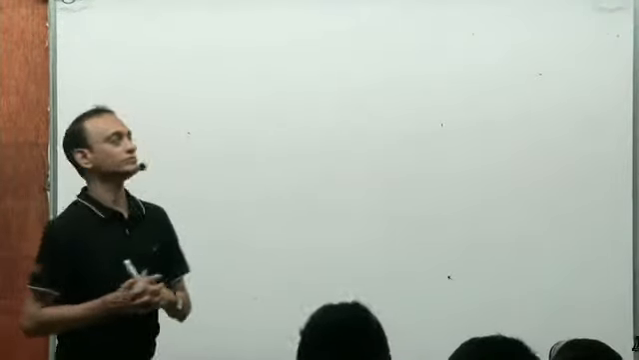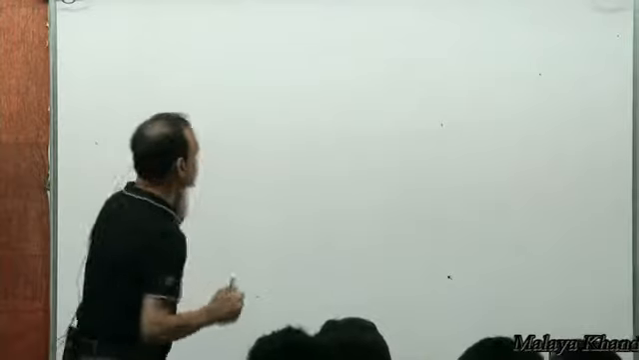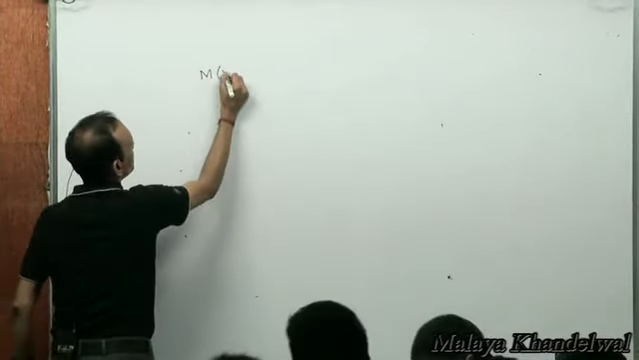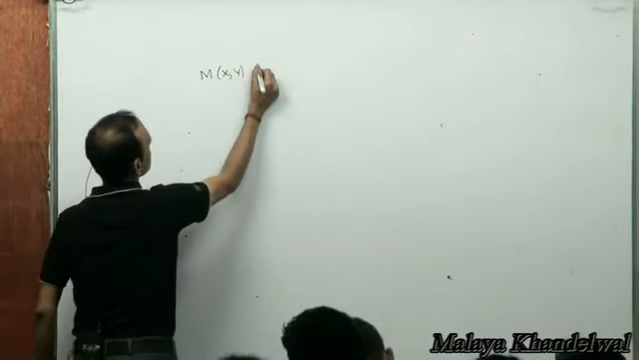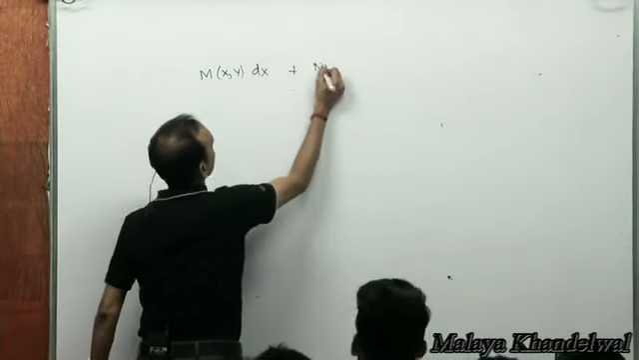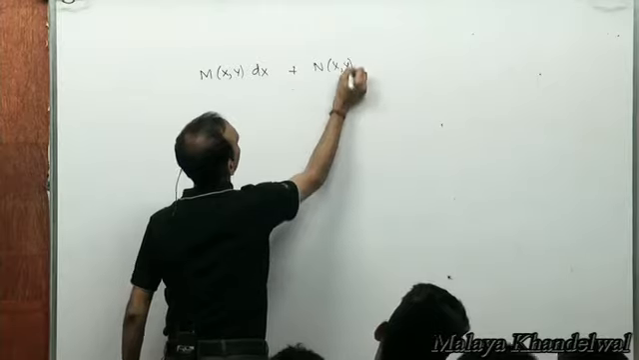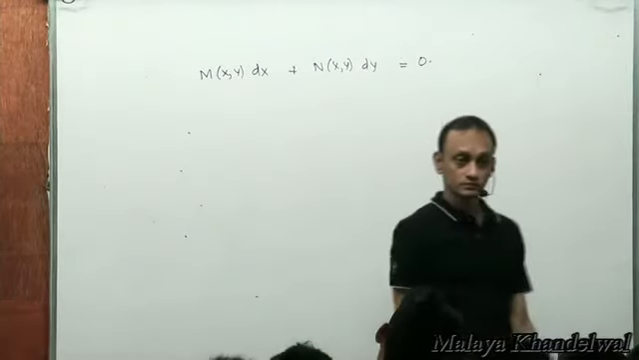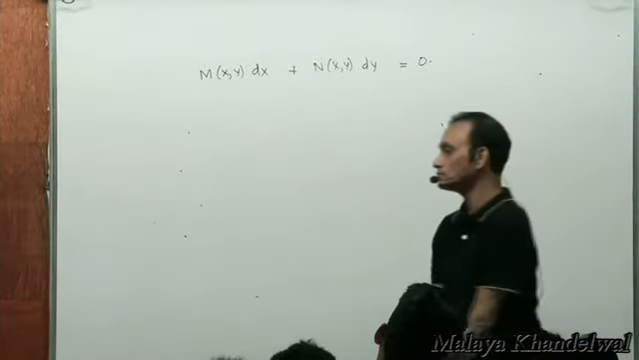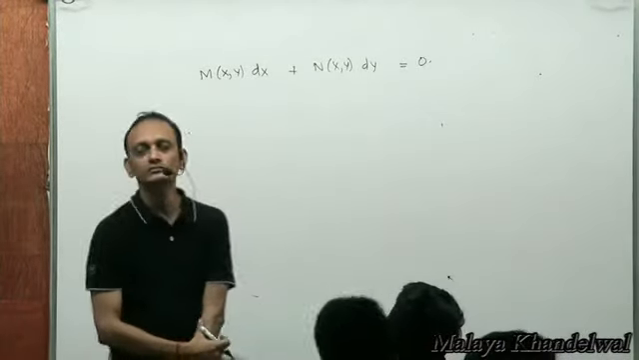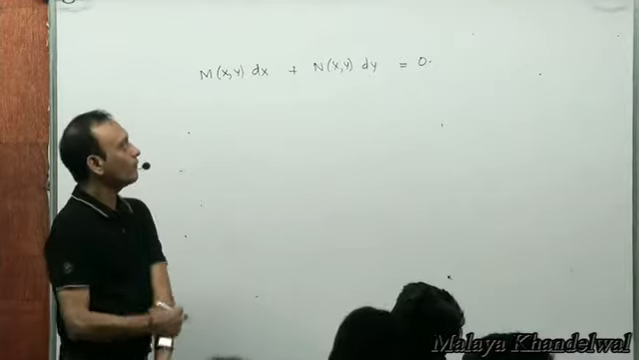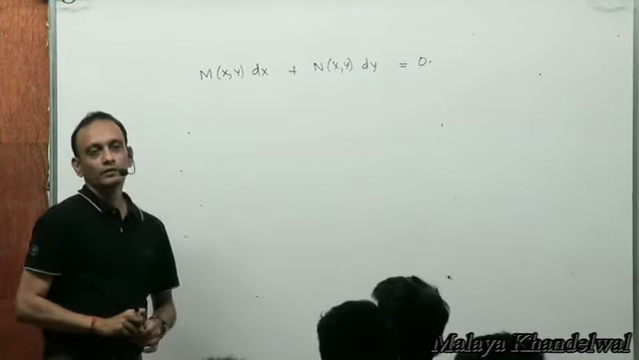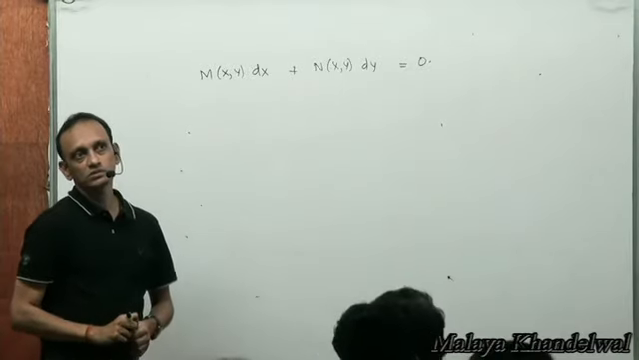Another form of differential equations. Like I said, we started with this form: M, a function of x and y, dx plus N, a function of x and y, dy equal to 0. Right? Now suppose,